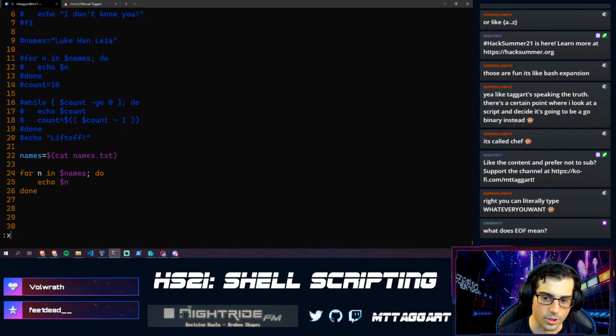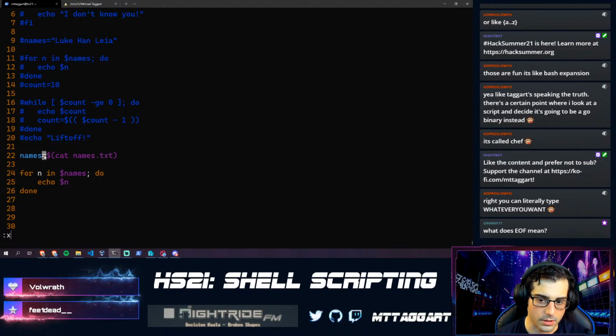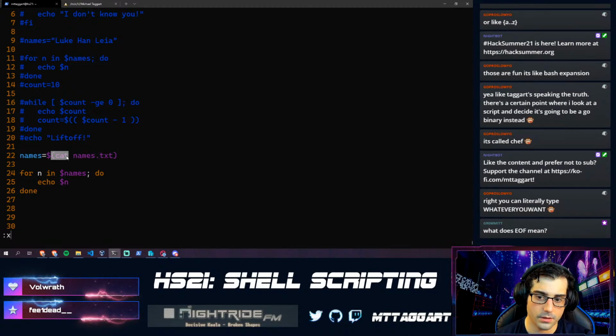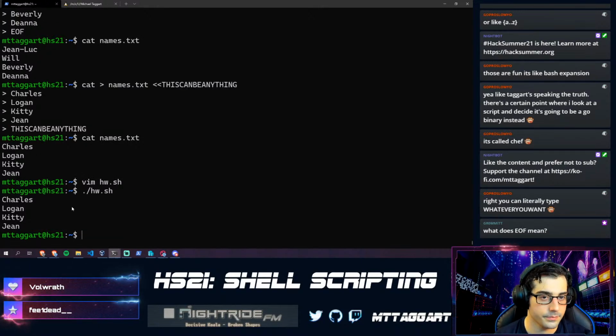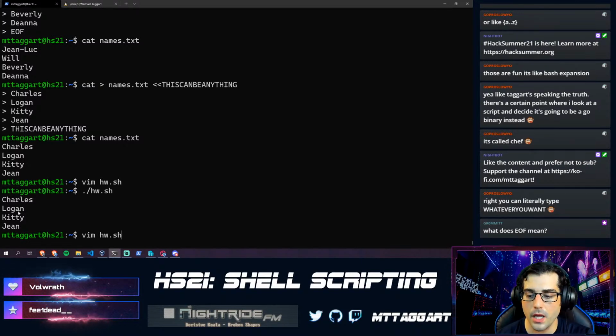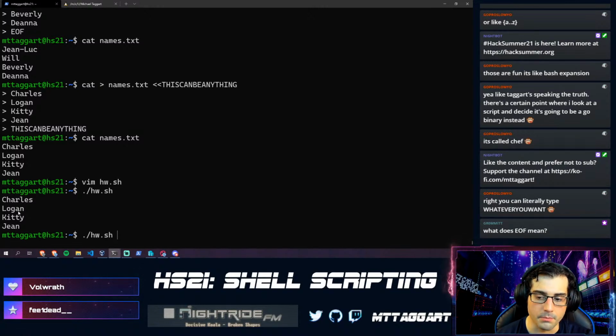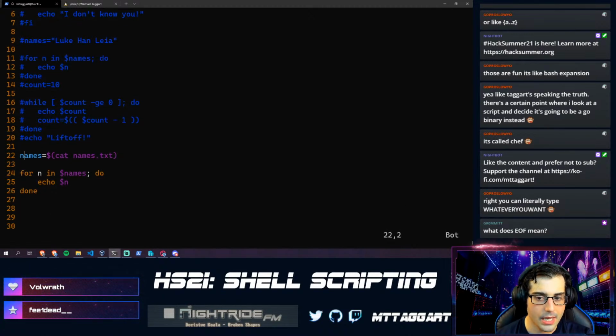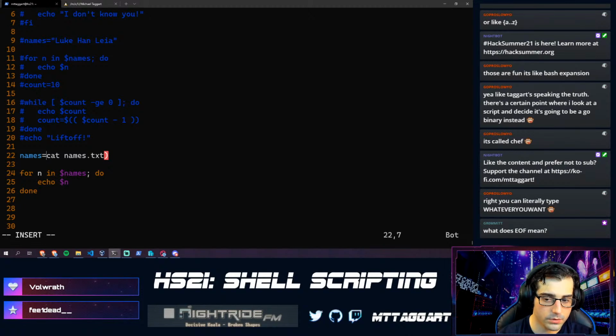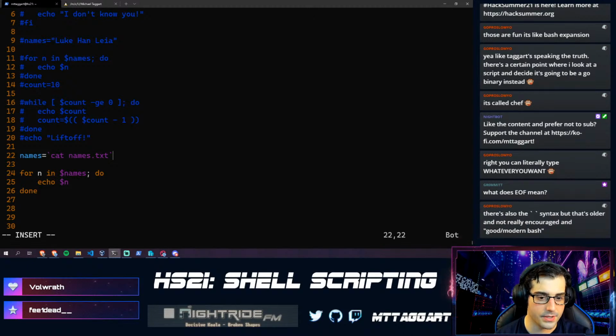Okay. So notice our syntax here. Equal sign, no space, dollar sign, parentheses, and then our loop. That works fine. Now things can get a little bit trickier if there are quotes inside of the text file. And for that reason, in modern Bash, I prefer to do this a different way. There's another syntax that works for this, and I prefer it. Your mileage may vary, but I prefer backticks.